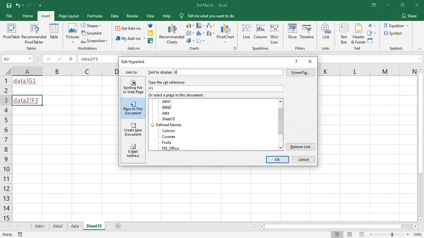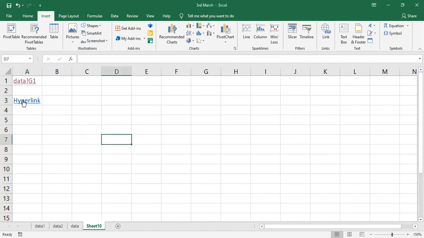Here you can give what it should display instead of that reference. I'll give hyperlink, then click OK. When you place the pointer on that, it will display that it links to data F3 again.